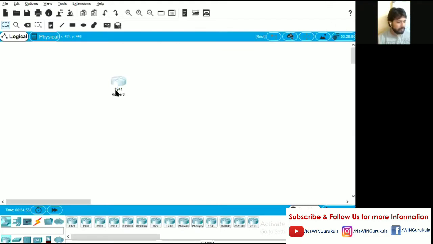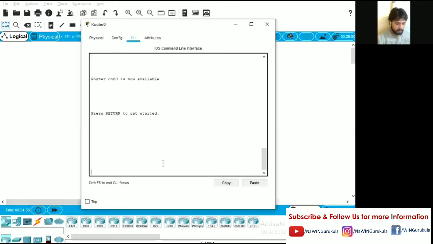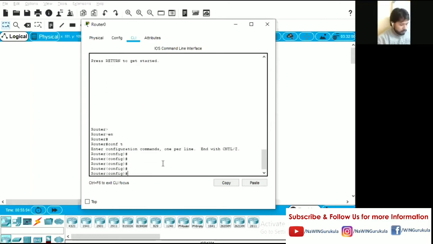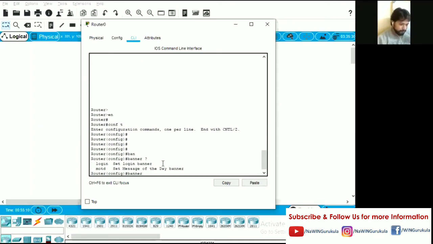So I'm with router one. Enable, config terminal, banner. See, I have only two banners: one is login banner and the other one is MOTD banner. Right now I'm going to take MOTD.